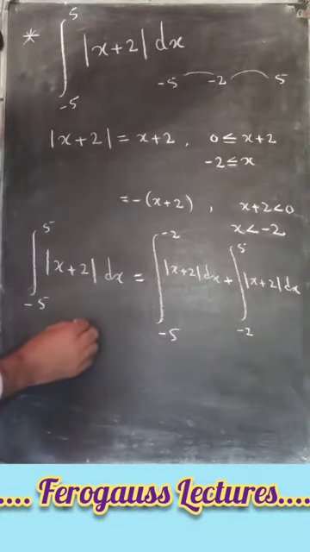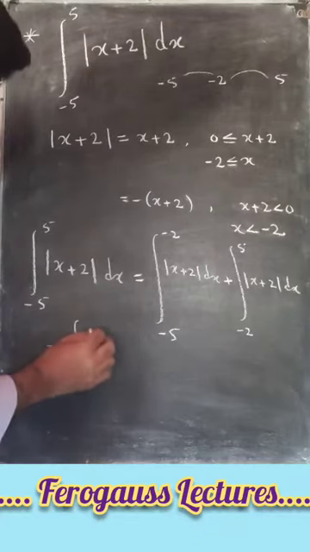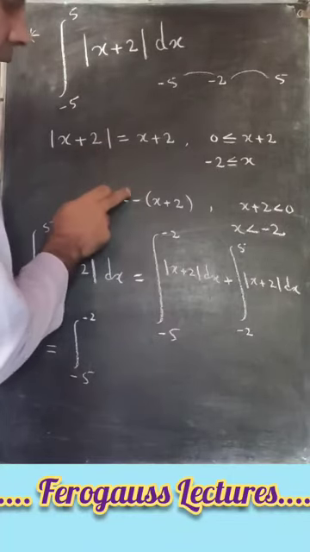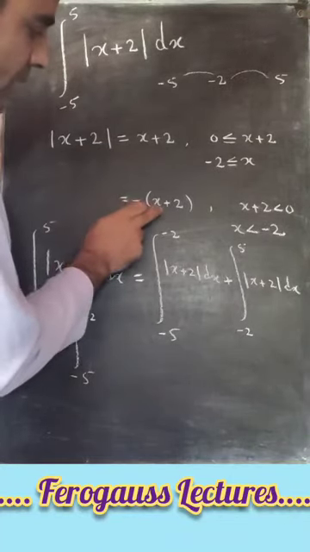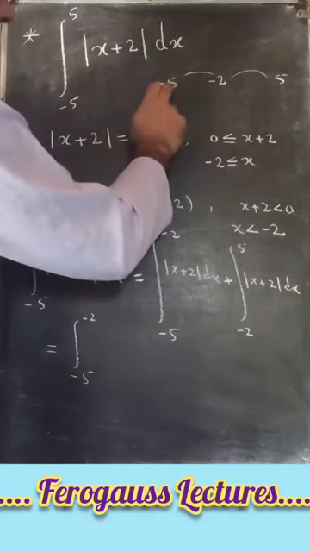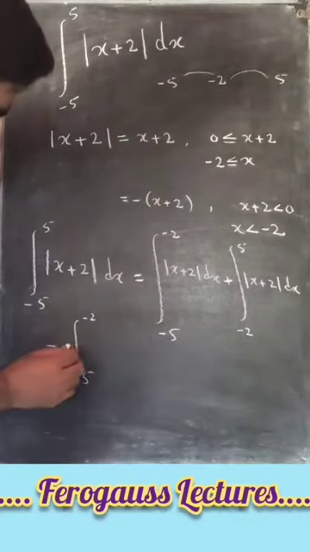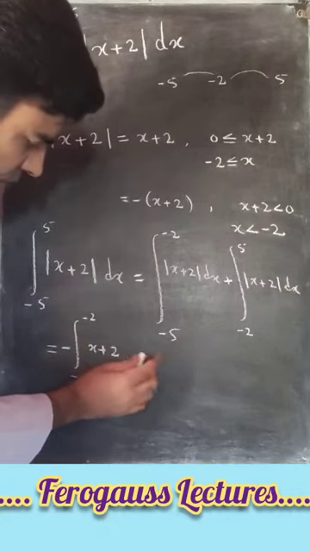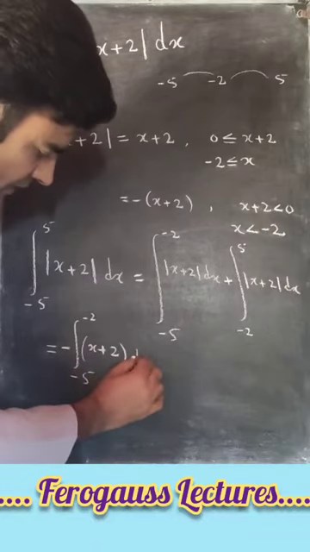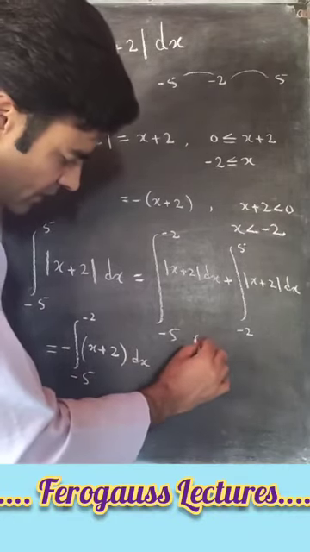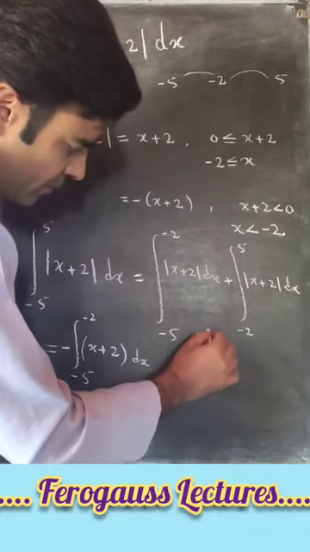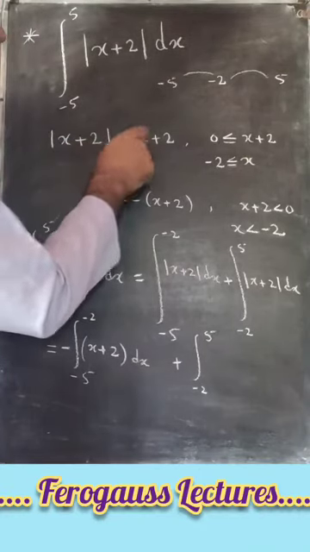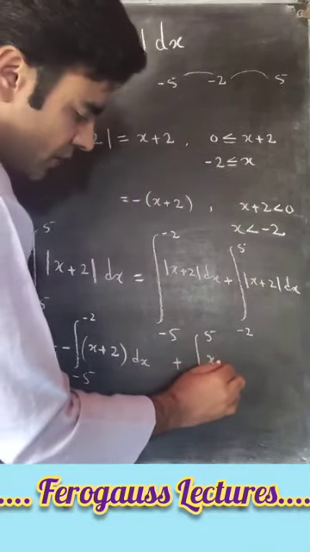That is further equal to integral -5 to -2, the mod of x plus 2 is equal to minus times x plus 2 in this interval, so we write minus sign here, minus times x plus 2 dx, then plus integral from -2 to 5, in this interval mod of x plus 2 is equal to x plus 2